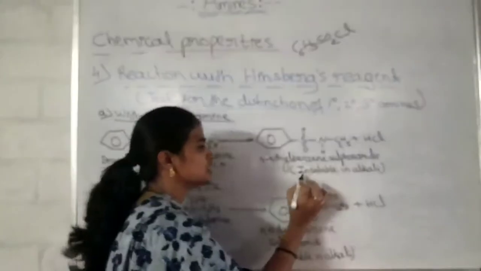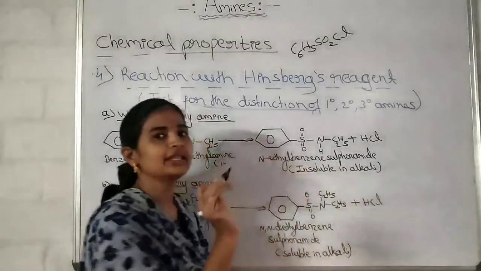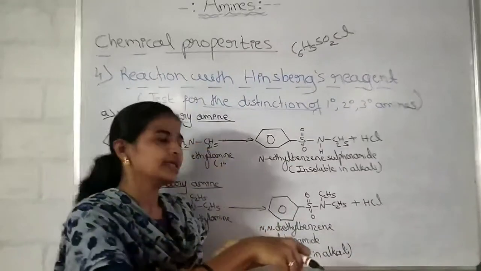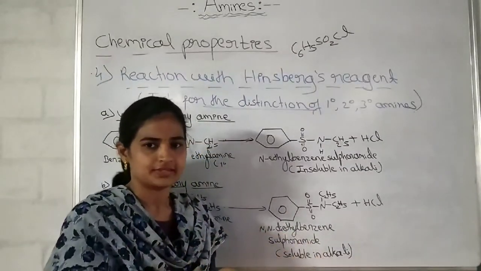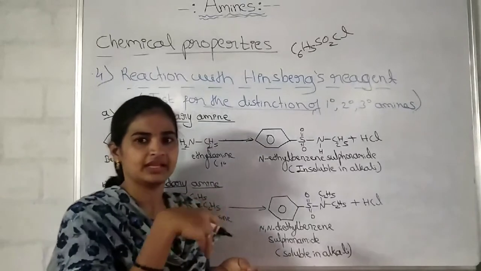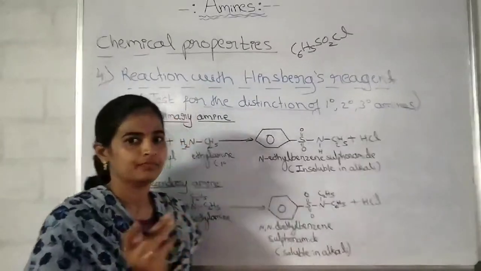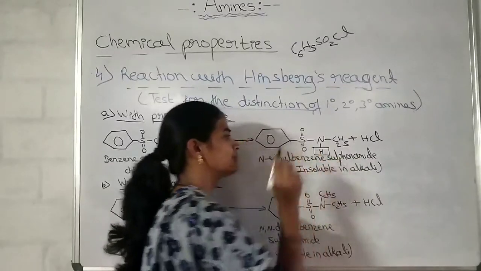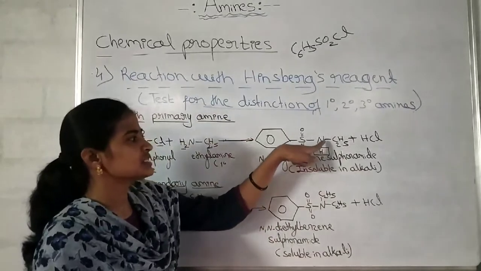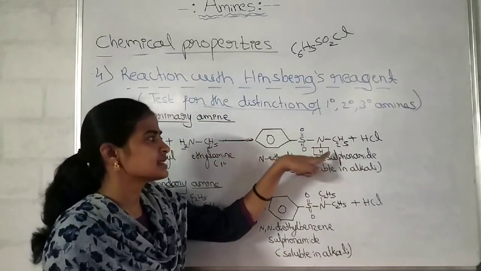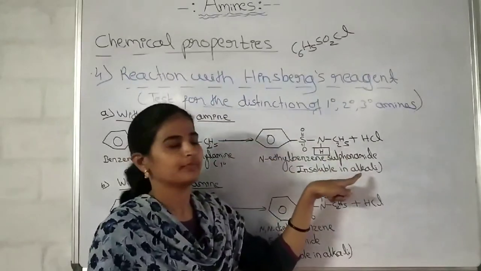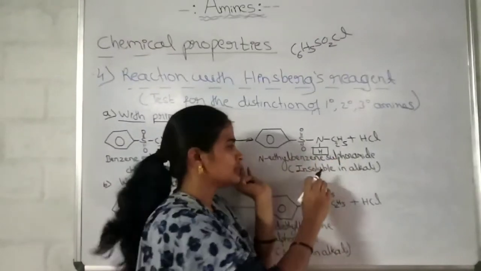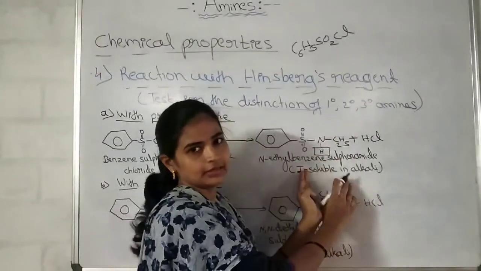The formed product is insoluble in alkali. Whatever product is formed, we can add to the alkali, for example NaOH base. Then it forms a turbidity, meaning it remains insoluble. That insolubility is because of the presence of this hydrogen atom. The hydrogen atom which is directly attached to the nitrogen acts as an acidic hydrogen atom. The formed product is acidic due to the presence of this hydrogen atom. Therefore, the product remains insoluble in alkali.